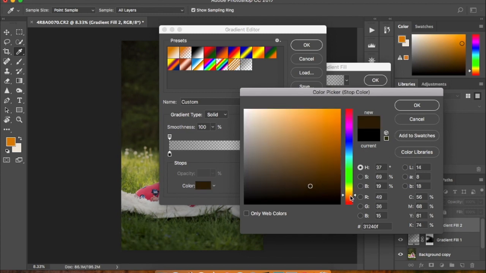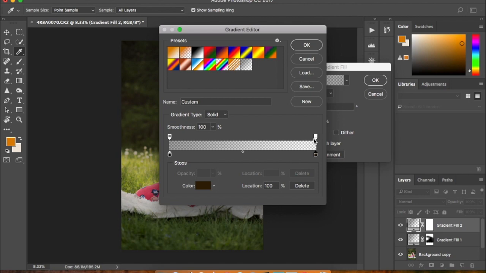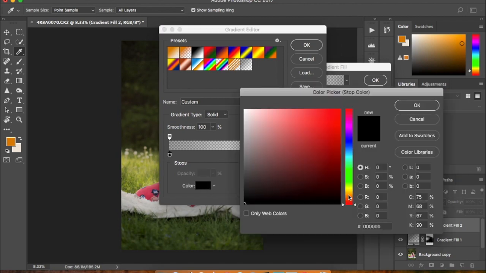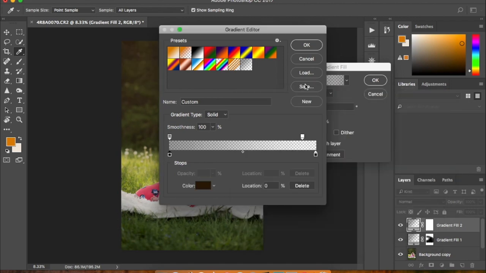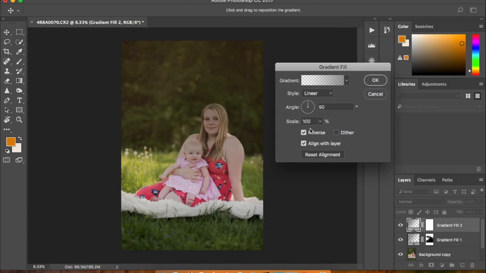So like click on the yellow or the orange and just select a color in the brown area, which is like right here. Click OK, and I just do this. I like the look of it. And you can choose the same color, it doesn't really matter to me. I just pick 2 warm browns and I click OK, and I change it from linear to radial,